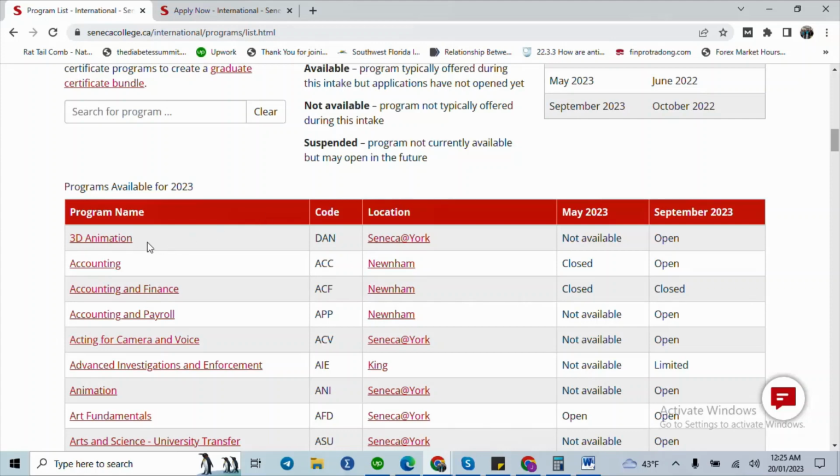Now, before I go on, when you are applying to colleges or any school in any country, but in this case, Canada, but colleges in particular, because I'm dealing with Seneca College right now, you should understand that we have what we call postgraduate diploma degree and undergraduate diploma degree. Now, for a postgraduate diploma degree, it means, of course, excuse me,